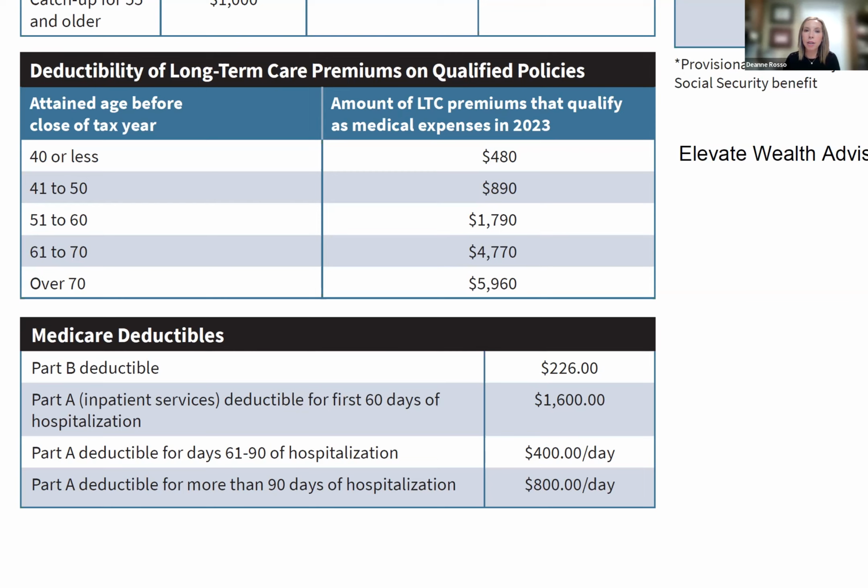So one thing to know here is whatever amount you're able to deduct in your age category, you would add that to whatever other medical expenses that you have for the year. And then in order for them to be an itemized deduction, that amount has to exceed 10% of your adjusted gross income, I believe. So a lot of times that just erodes any potential tax benefit. But if you do itemize your deductions and you have medical expenses that you tend to deduct, and you have long-term care insurance that you pay premiums for, just know that you can add in that amount at whatever your age is to deduct as a medical expense.